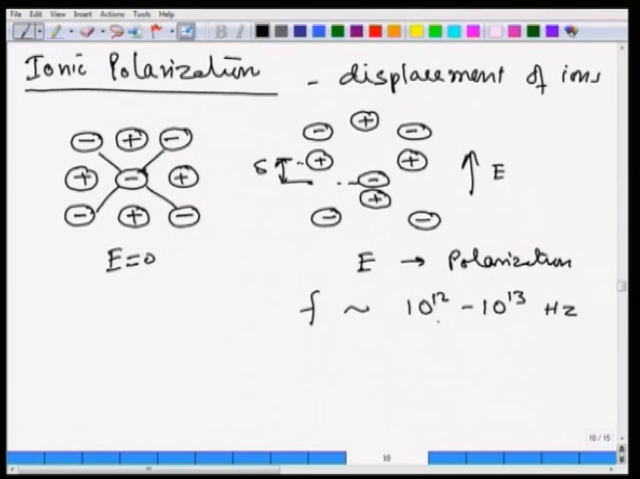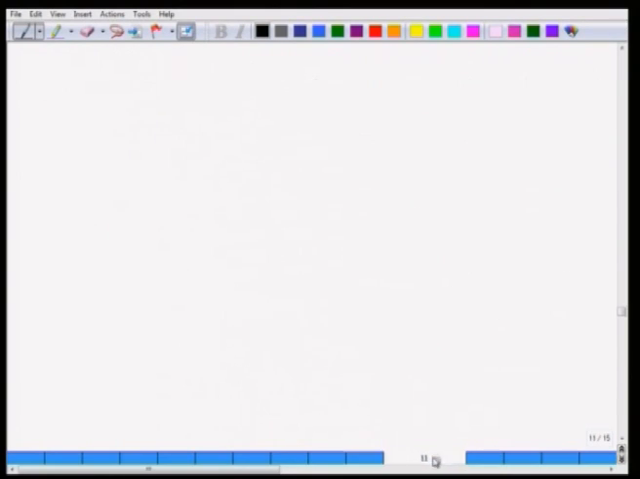If you are operating up to a frequency of 10 to the power 12 to 13, you will see both ionic polarization and electronic polarization. Both these mechanisms will be applicable. Second point, this is also temperature insensitive, because again there is no hopping of ions or atoms. Now, let us move to the next one,